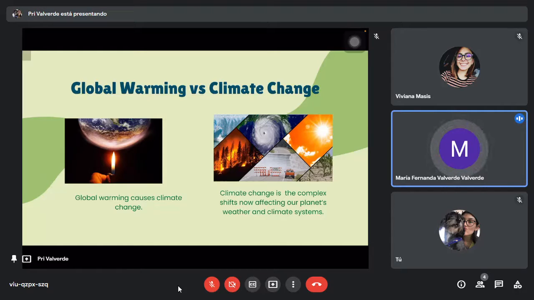Another important thing to know is that climate change encompasses not only rising average temperatures, but also extreme weather events, shifting wildlife populations and habitats, rising seas, and a range of other impacts. And all these changes are emerging as humans continue to add heat-trapping greenhouse gases to the atmosphere.